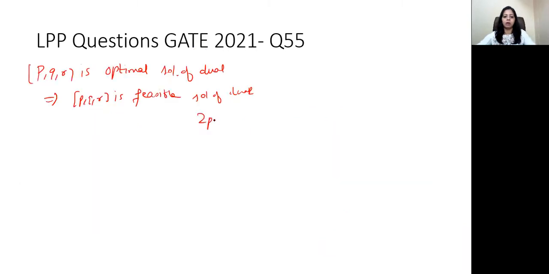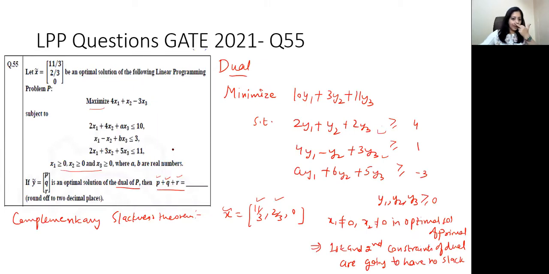So this will be 2p plus q plus 2r is equal to 4, and 4p minus q plus 3r, the second constraint, is equal to 1. And so we have this information. And also, if you look at that, the third variable is going to be 0. R is going to be 0 because if you look at the